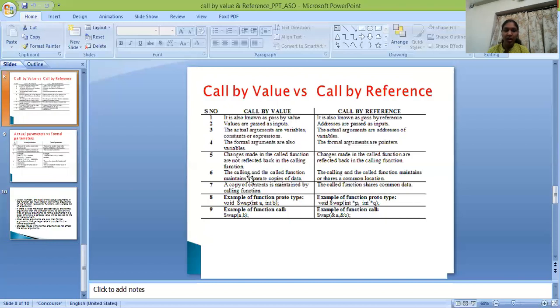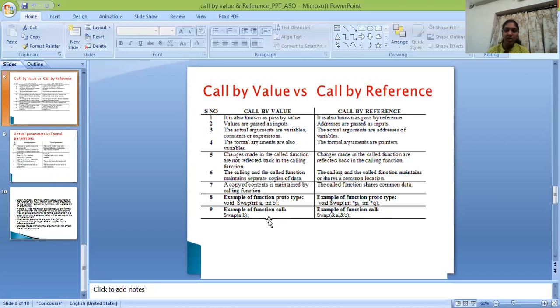In call by value, the calling and the called function maintain separate copies of data. But in call by reference, the calling and called function share a common location. In call by value, a copy of contents is maintained by the called function. In call by reference, the called function shares common data.